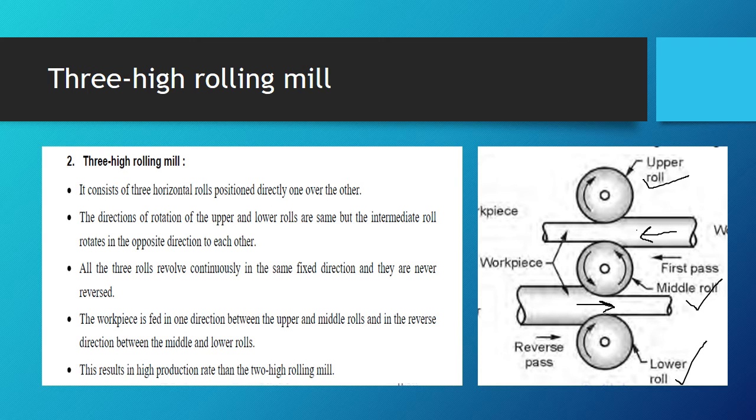That is, you feed one material here, let's say a thin sheet, and then you roll this thin sheet like this, and you feed it again to reduce its thickness further. So this is a three high rolling machine. Here a forward pass and a reverse pass are operated. You can pause this video to note certain points about this for your notes.